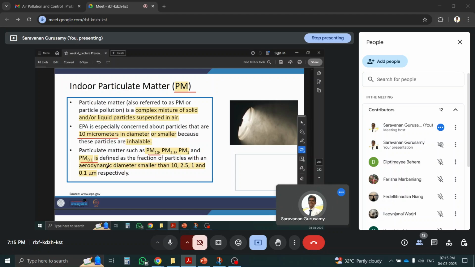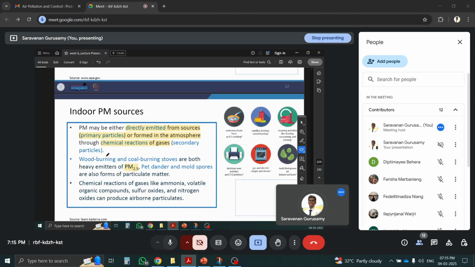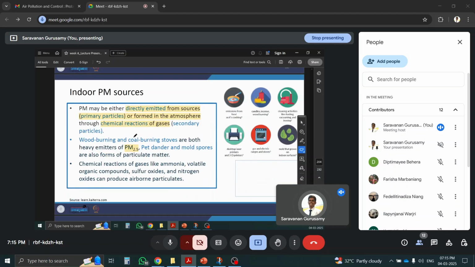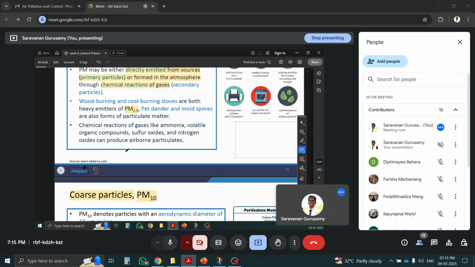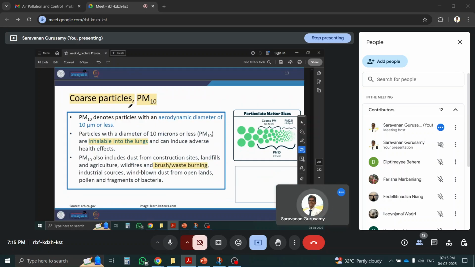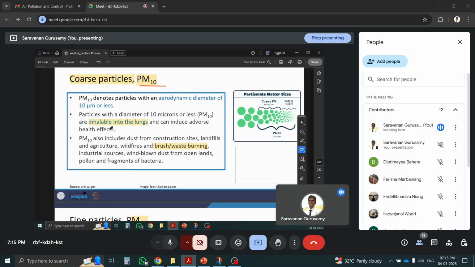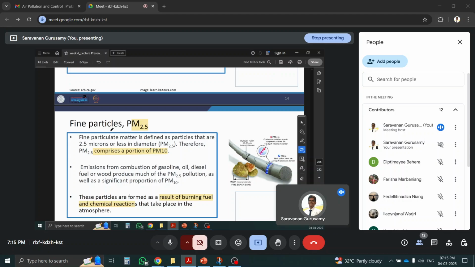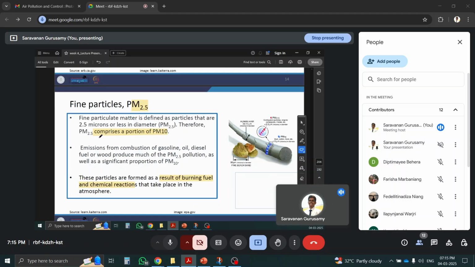So that size is based on the aerodynamic diameter, not the actual diameter of the particle. Aerodynamic diameter is the diameter of a particle which can float in the air. So 0.1 diameter of the particle when it floats in the air, that is called the aerodynamic diameter. If you talk about coarse particles, that is PM10, that is inhalable. Even PM10 itself is inhalable into the lungs, and PM2.5 is a fine particulate matter